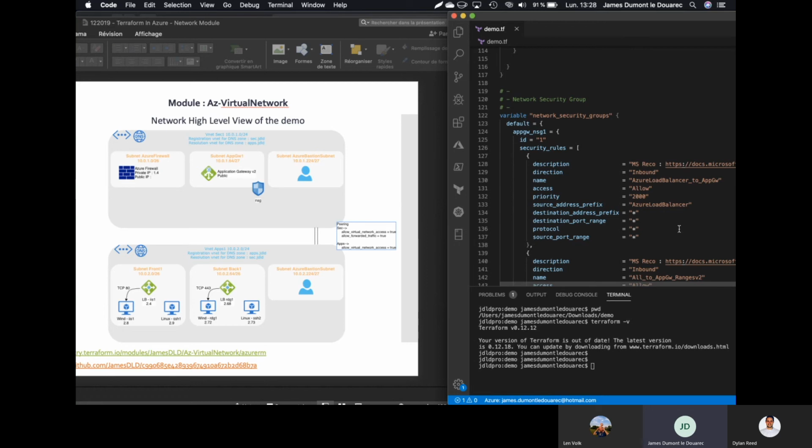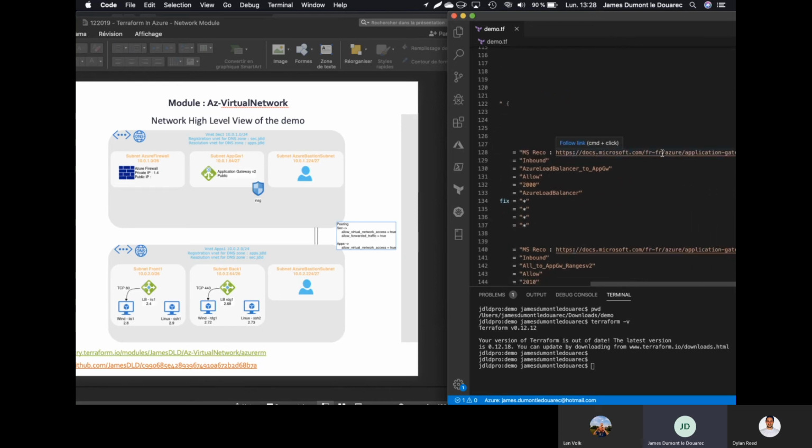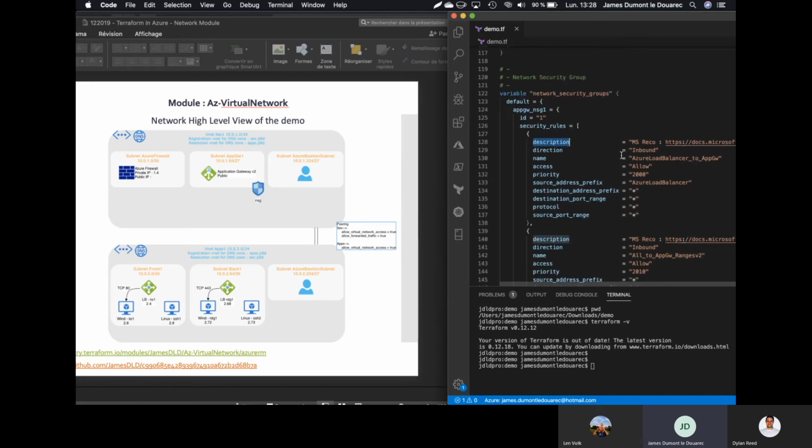It's important to list every network security group rule that you want to create. In the description, if you want to have a look, I just used the Microsoft network security group that is recommended to apply on an application gateway subnet.